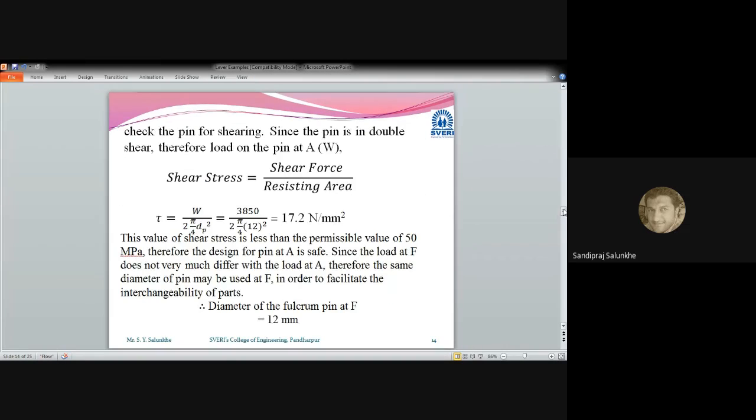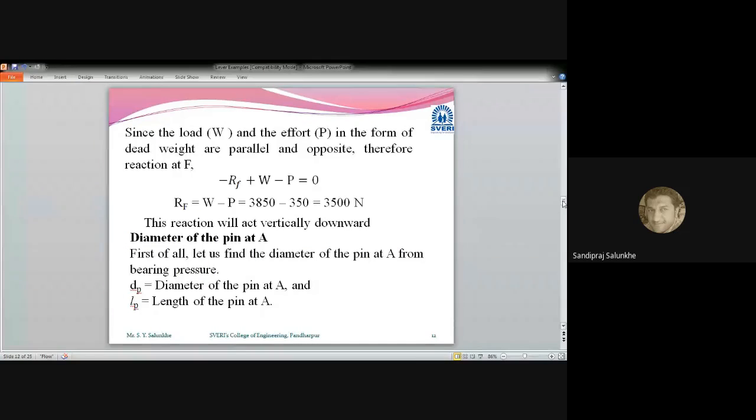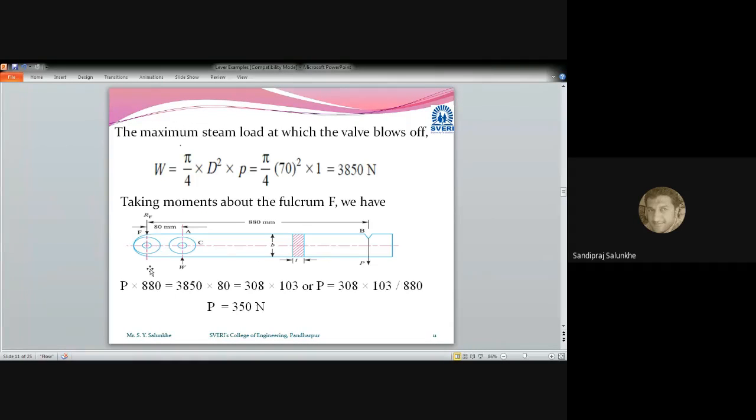You can calculate the bending moment at every point. Okay, but it will be maximum at this point. Why? Because this force is acting in the downward direction, that is nothing but an anti-clockwise bending moment, whereas this will be the clockwise bending moment. So when we calculate the bending moment at this point, this clockwise bending moment and this anti-clockwise bending moment will be the maximum.